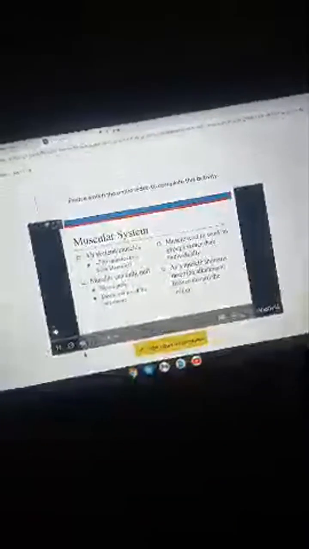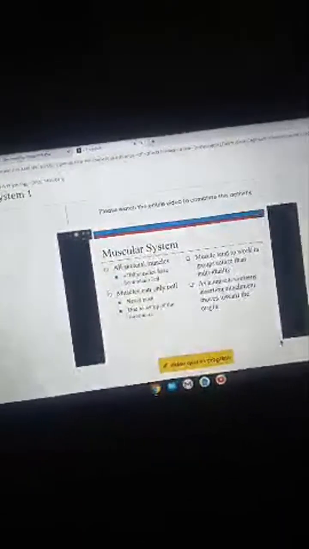So when we look at the muscular system, something to keep in mind is that all the skeletal muscles are an organ within the skeletal muscle system. And so far there have been